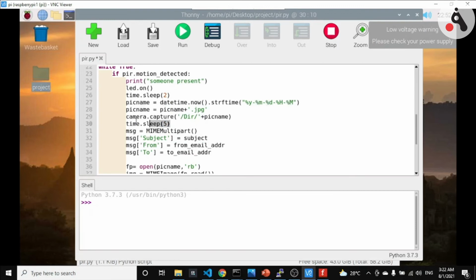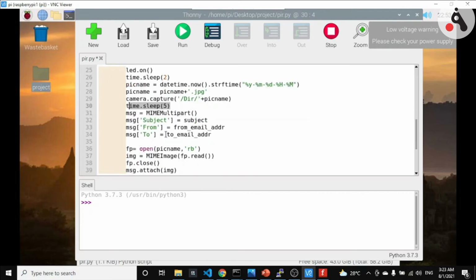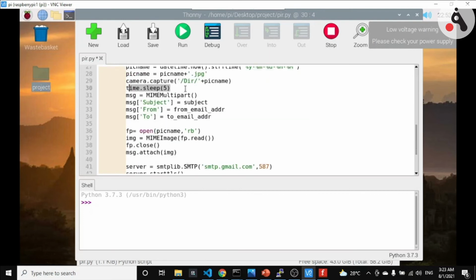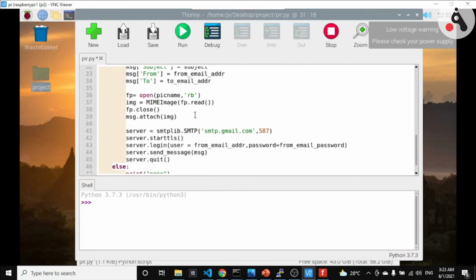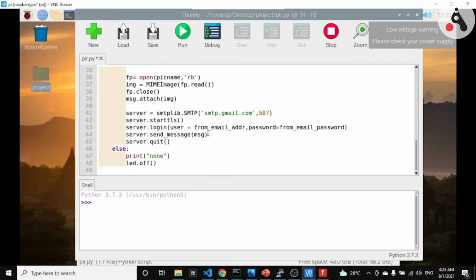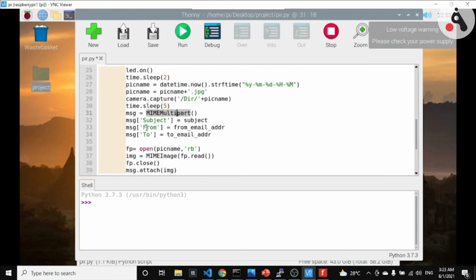After that we give some time, and the sleep method is called. After this part we make these objects with MIMEMultipart. Here we set up the message, and we set these properties on this dictionary object: subject, from, and to.